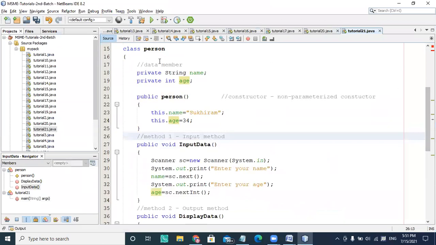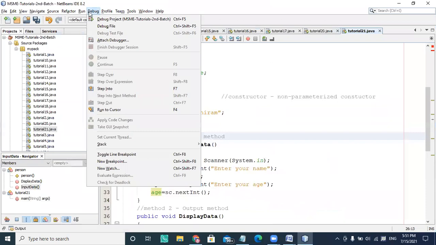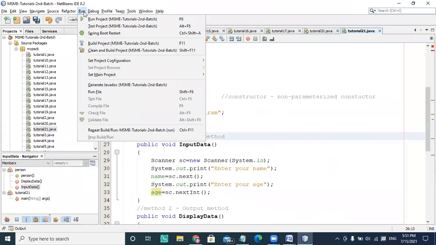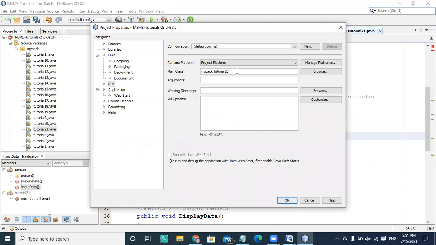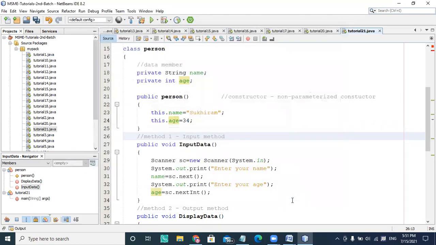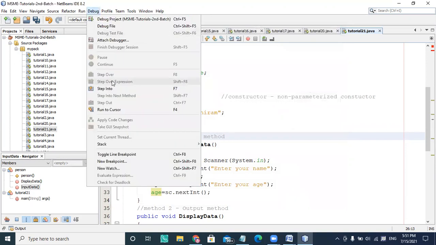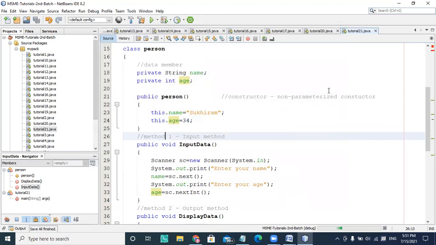So let us see the debug process. I'm choosing debugging and running my configuration file here. I'm setting my configuration file to tutorial number 21 for debugging instead of tutorial 20. Now I'm starting step into here.